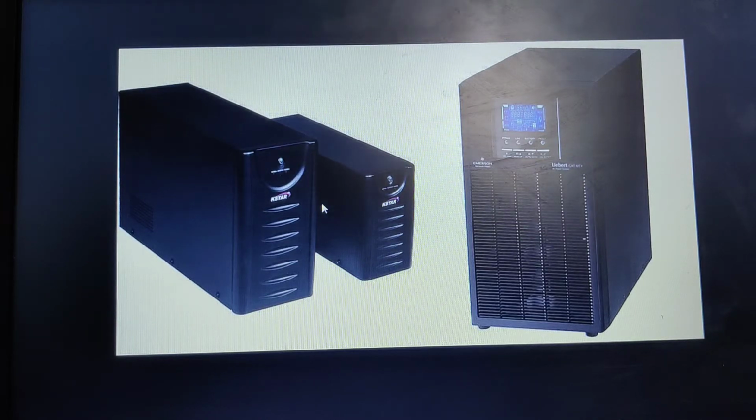Whenever your computer system is connected to the offline or online UPS and you are working, if the power supply suddenly goes, the power stored in the battery of this UPS will supply power to the computer system, so that you can work for a few hours, save the work that is there in the RAM, and then shut down the computer system successfully. For that sake we are using the UPS.